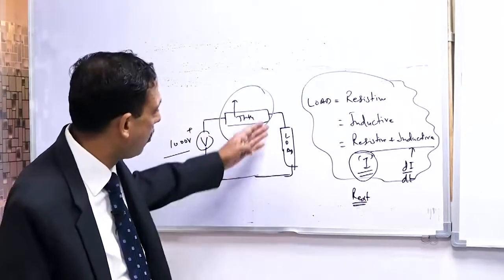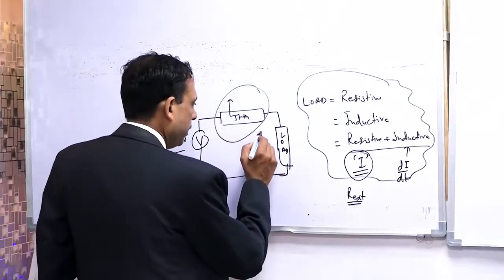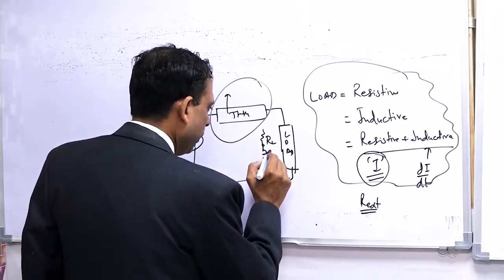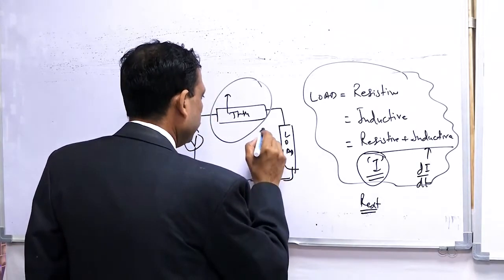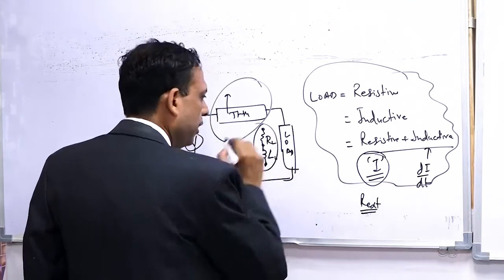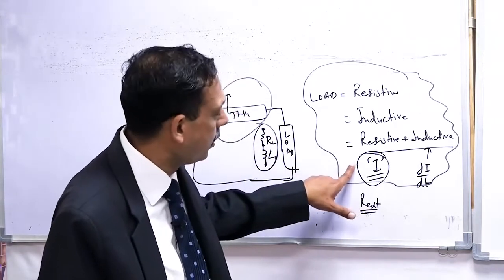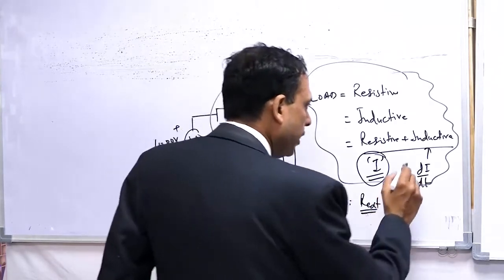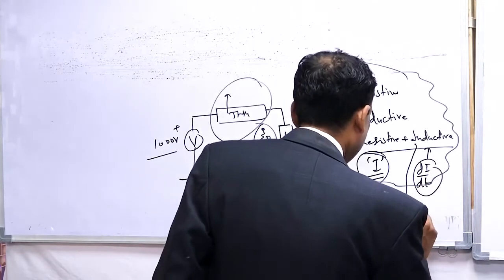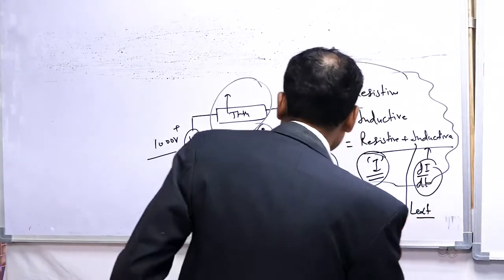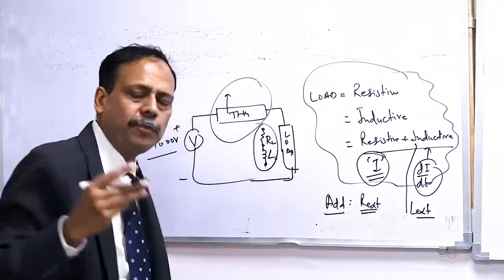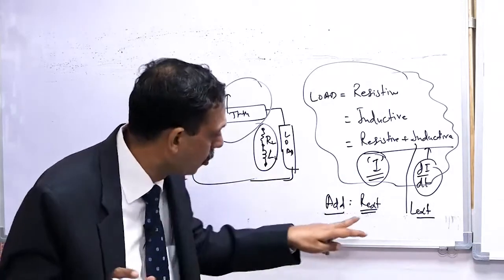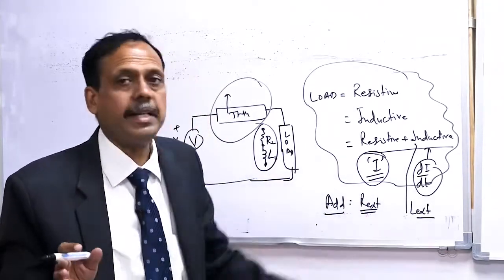In case the current is going more, we have to put R external in series with the already existing load. This load, RL and L, is already there. In series with this, if the steady state value is increasing, you have to add an external resistance. In this case, if di by dt is not met, we have to add L external. So with this type of load already there, we have to see whether the di by dt and the current are met or not. Otherwise, we have to use external resistance and external inductance.